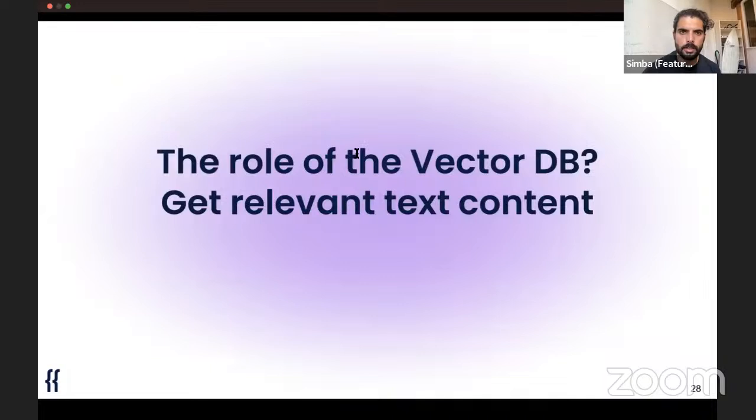Any questions so far? I see a few just came in. What about indexing? Is embedding sometimes overkill on accuracy? And can we use embedding live every time a user asks a question without saving them in the vector DB? Yeah, so the way a vector DB works is, like in a key value store, you might have